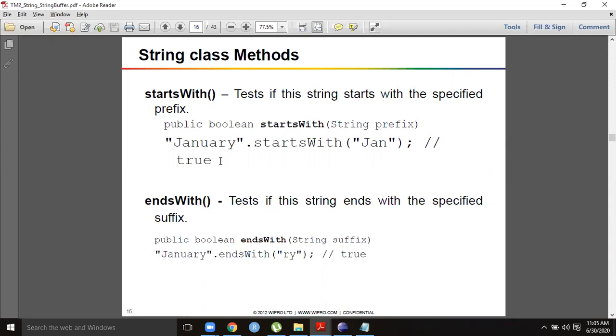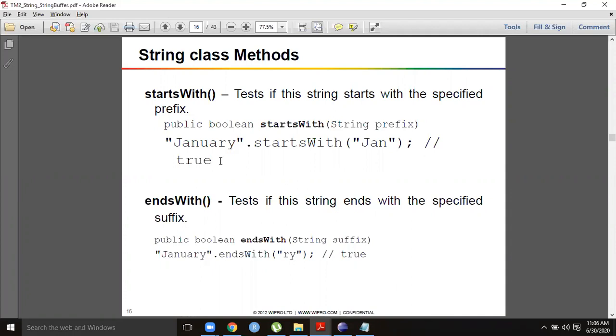Please remember not only the name of the method but also the return type. For comparison you have used different methods: equals, equalsIgnoreCase, compareTo. compareTo returns an integer value, while the equals methods return Boolean values.